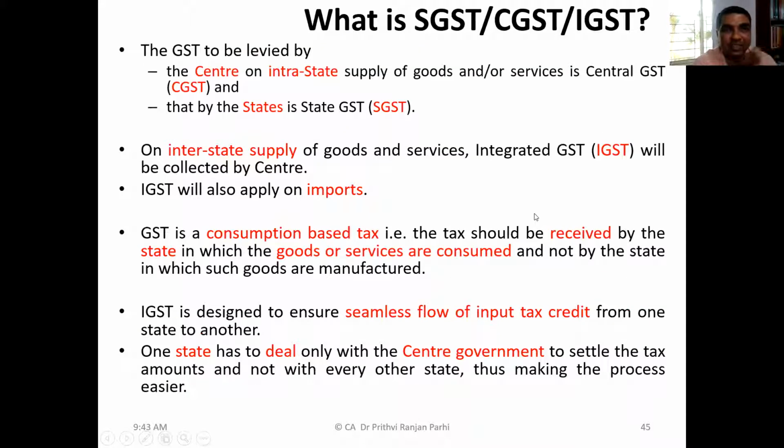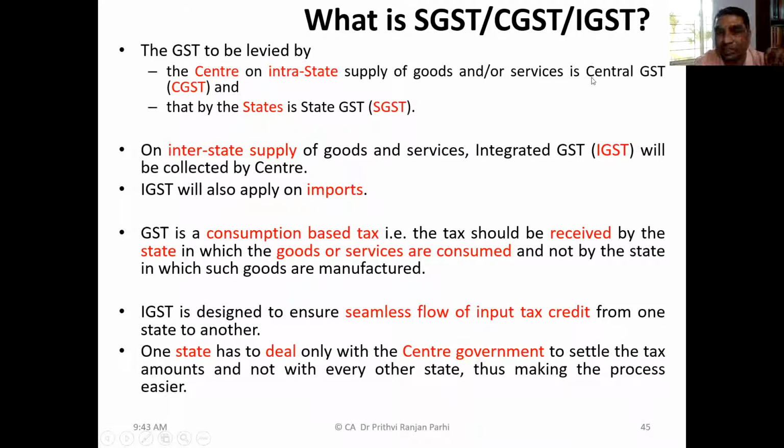Now, friends, earlier we have seen or already know that normally these are the three kinds of taxes we come across. One is central goods and services tax, then state goods and services tax, and integrated goods and services tax. In different situations, different taxes like this are levied. So GST to be levied by the center on